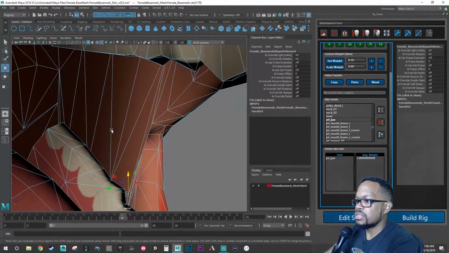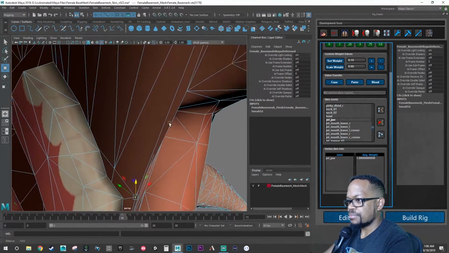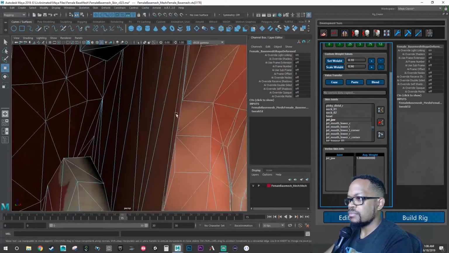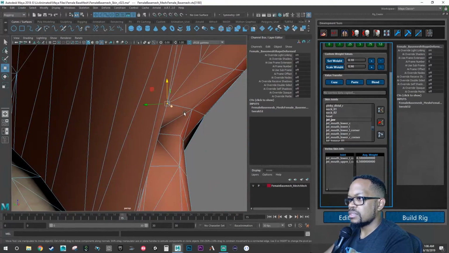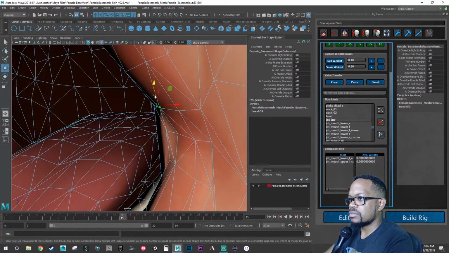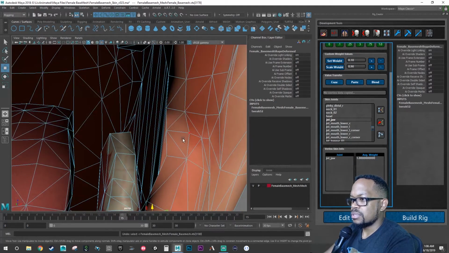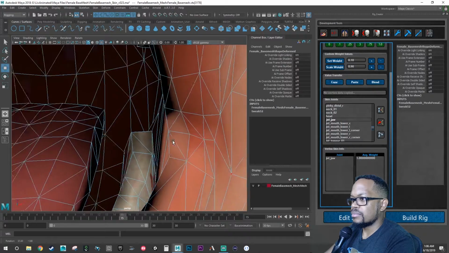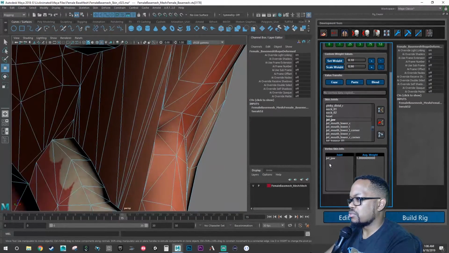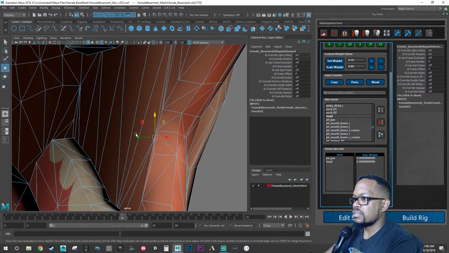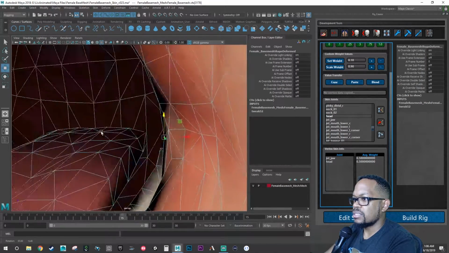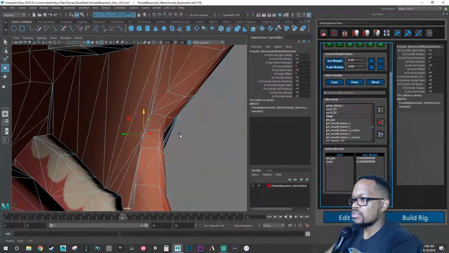Looks like it's this one too. Yep. So instead, let's do jaw and head 50. Do it like that. And then it looks like we're going to have to bring this one over